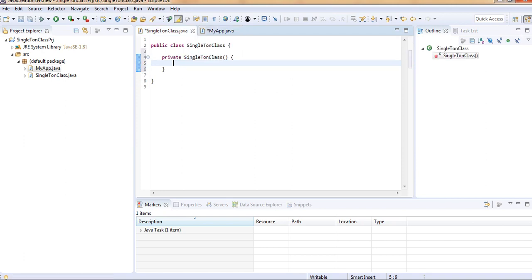And now what next? What approach am I going to follow? If I am not going to create the object like this, then how are we going to proceed? We are going to do two more steps. One is we are going to make this class type variable, that is this class object, a static variable.